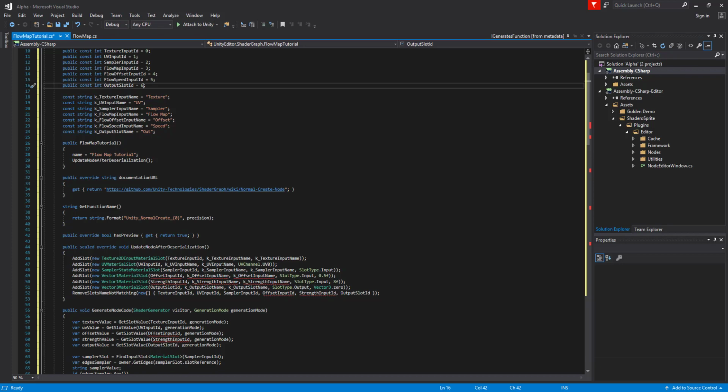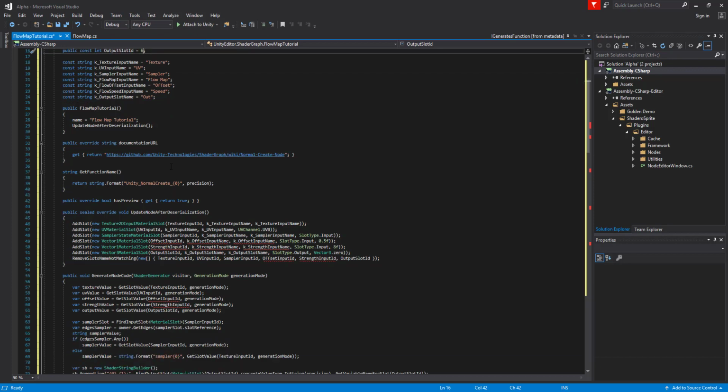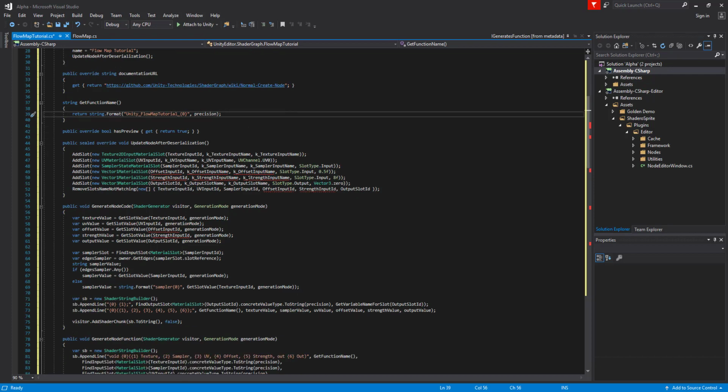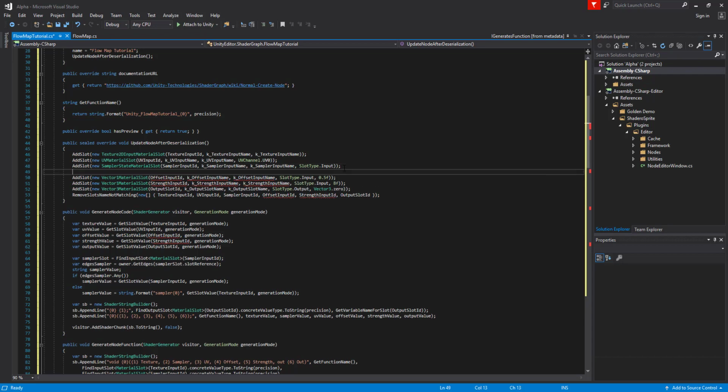For sure we need to change the parameters over here. First of all, we need to fix the parameters, and we need to change the name of the function over here. So we call it flow map tutorial to make it different from the other one. Okay, and then we'll fix these parameters. So let's do after this one. We'll be looking for to add our flow map RGBA